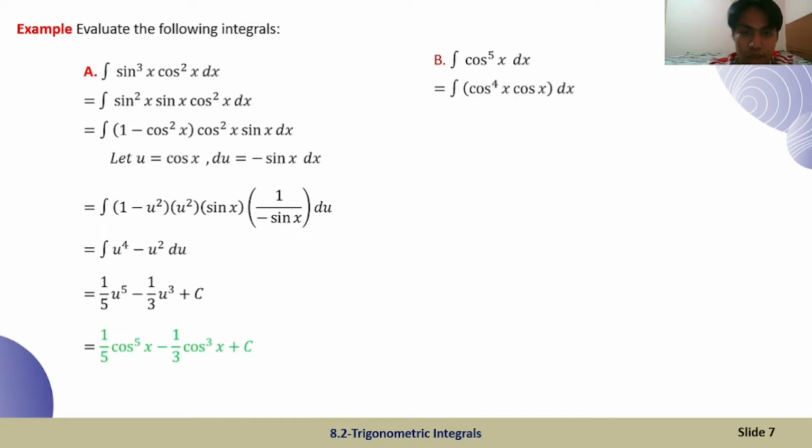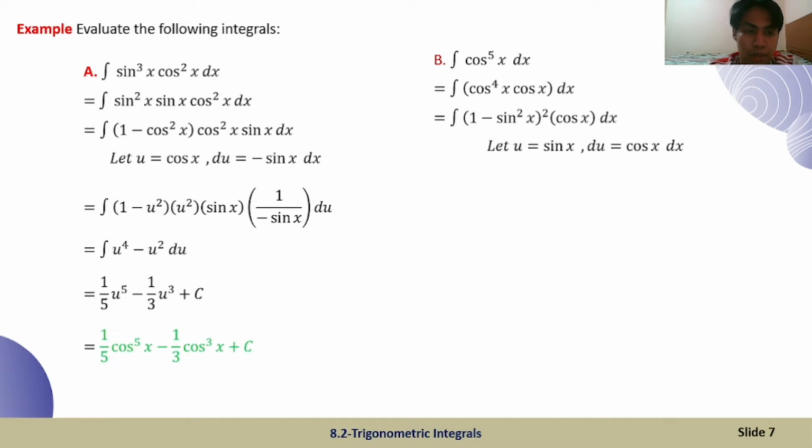Now, to solve this, we have to transform cosine 5x into cosine 4x multiplied by cosine x dx. Then we change cosine 4x into 1 minus sine squared x, which is the Pythagorean identity of trigonometric functions, and we keep cosine x the same. From there, we let u equal sine x, so that our derivative will be equal to cosine x dx,